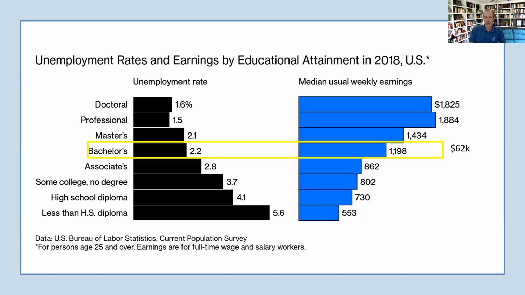So a person with a bachelor's degree, actually, I'm not sure if this is household. I think this is individuals. So as a household, they might be doing even better than the median. So for a bachelor's degree, it's weekly earnings, and I added what you get for a year for that. So you're doing pretty good.